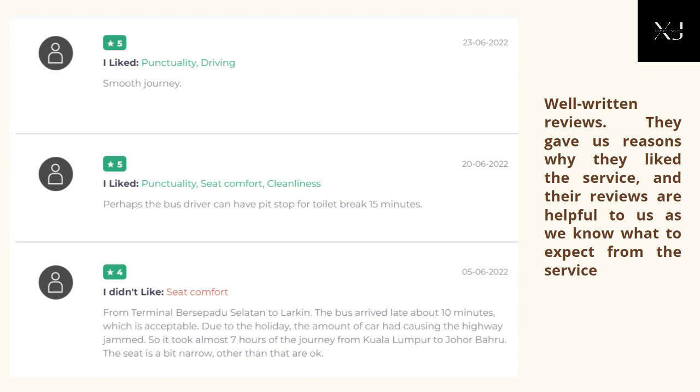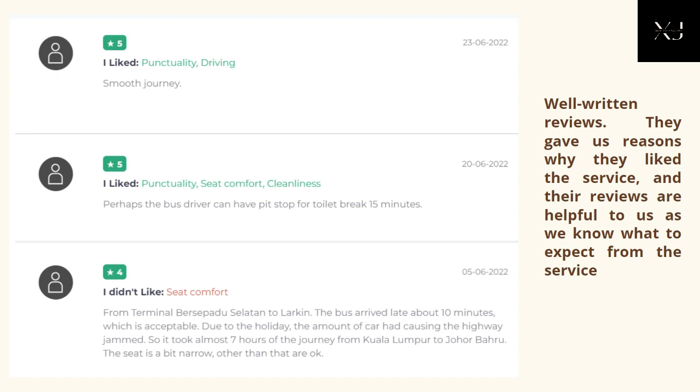Okay, because usually on the bus you're going to be resting and sleeping. Okay, so this reviewer also gave suggestions saying that perhaps the bus driver can have a pit stop for a toilet break for 15 minutes. So clearly this driver did not stop the bus ride and just went from point A to point B. Okay, so you can see the third reviewer stated that he or she didn't like the